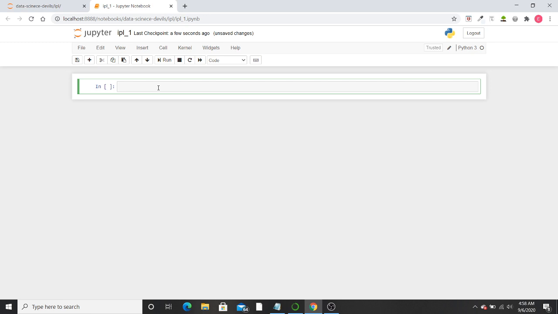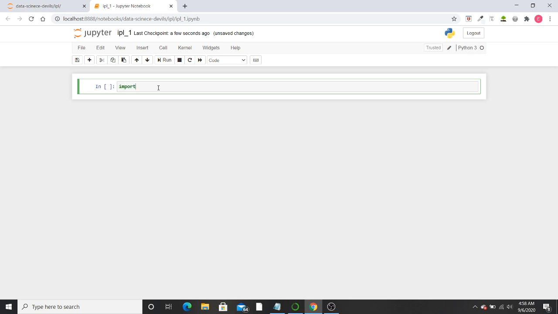Now before starting any data analysis or data visualization project, the very first step is noting down all the libraries which we are going to use. So I'm going to use the Pandas library and the Matplotlib library. Pandas I'm going to use for analyzing and Matplotlib for plotting.